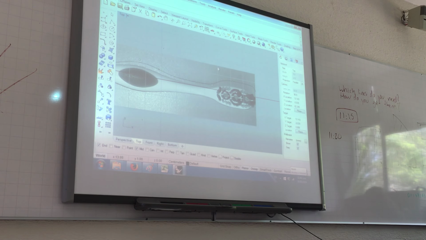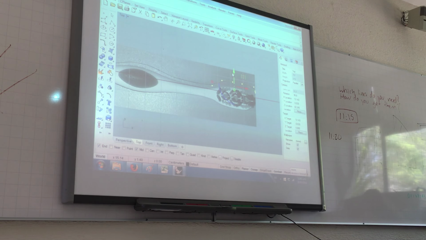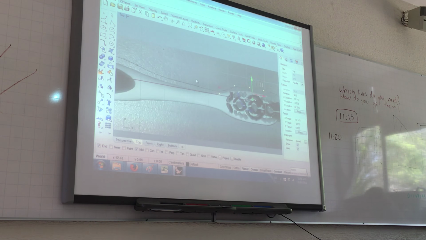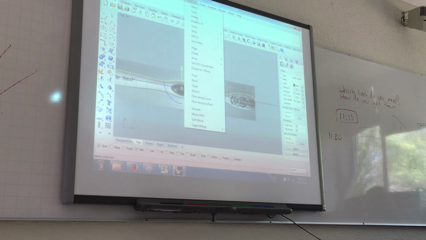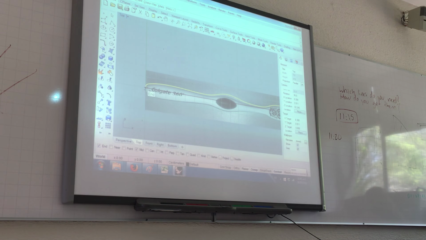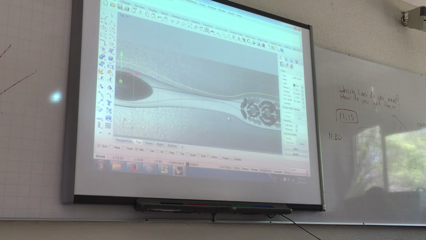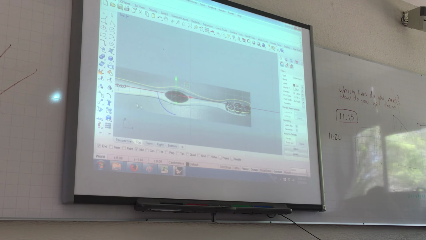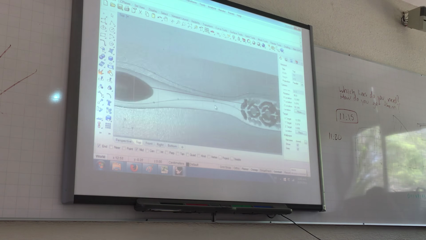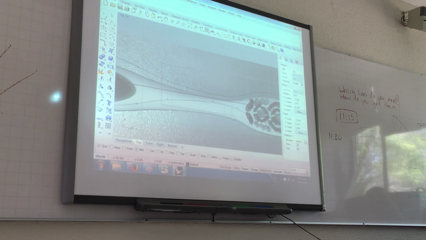So I need to turn this on and move them now. I'm going to use gumball. Let's say there. And I'm going to move this also a bit. So I'm going to mirror this and see how it looks. Transform, mirror, and there. I think this is too close, no? This and this. So I'm going to turn both points at the same time and pay attention. I'm going to select all of this and with gumball,